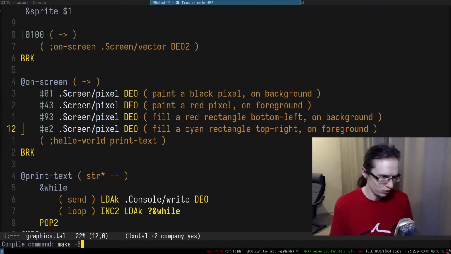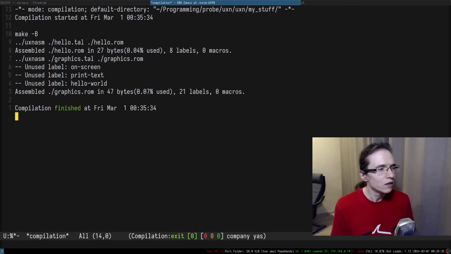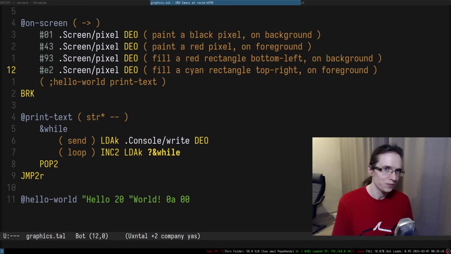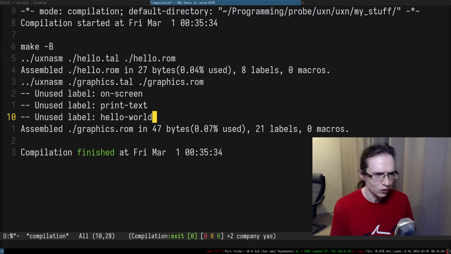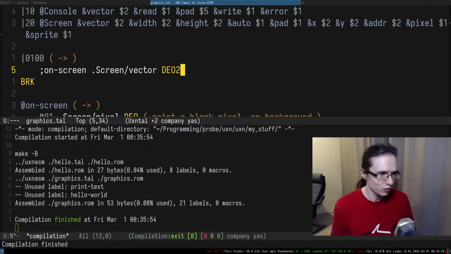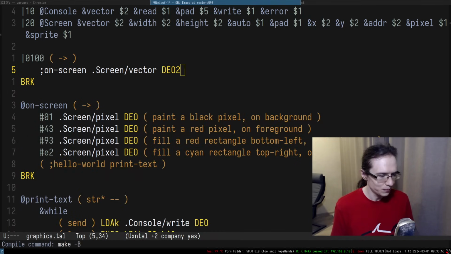Alright, so let's just go ahead and make this entire thing an unused label on screen. Oh, it even warns you about unused labels, but it doesn't tell you where exactly things are if there is an error. So there's hello on screen, and oh, this is actually quite important, right? So we probably want to set up this vector, right? So print, yeah, that's totally fine.